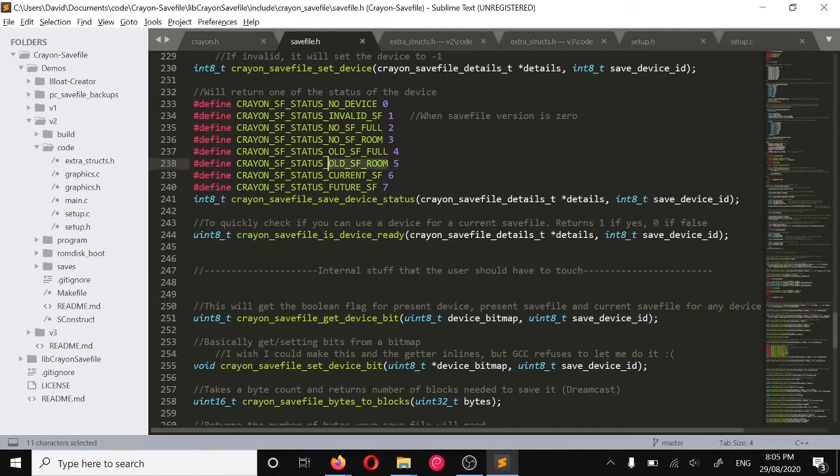This version is where we have enough space, so using the previous example, if we have at least 1 block of free space, then we can upgrade because the save file only grows by 1 block. Current is when we have a save file of the current version. It doesn't matter how much remaining space it is, because current is going to have the same amount of space as current. And then future